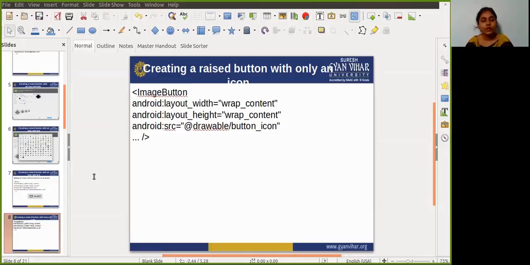Okay, the appearance of your button, the background color and the font, may vary from one device to another, because devices by different manufacturers often have different default styles for input controls. So you can control exactly how your button and other input controls are styled using a theme that you apply to your entire app.